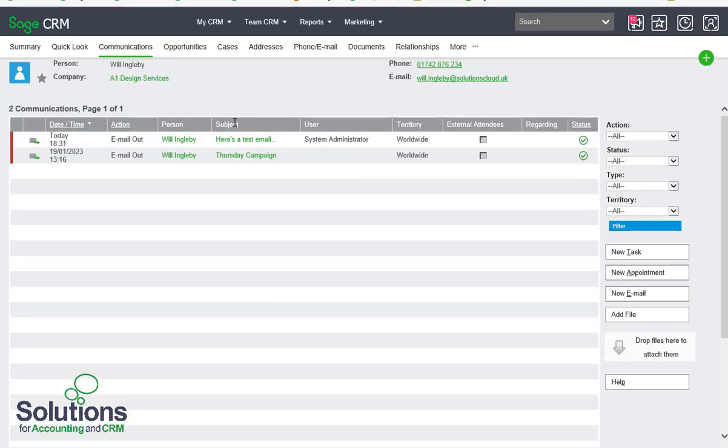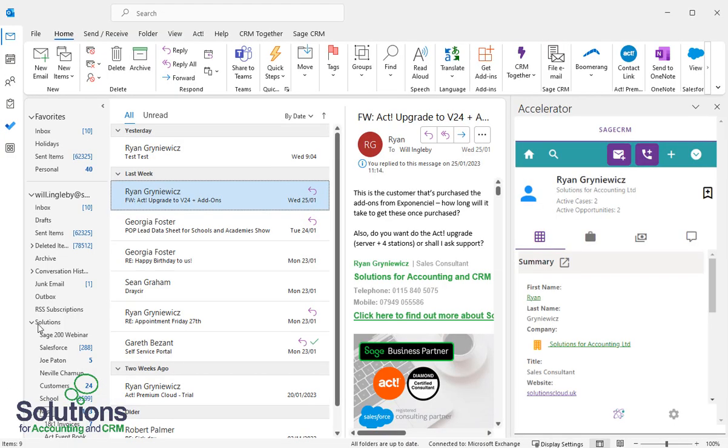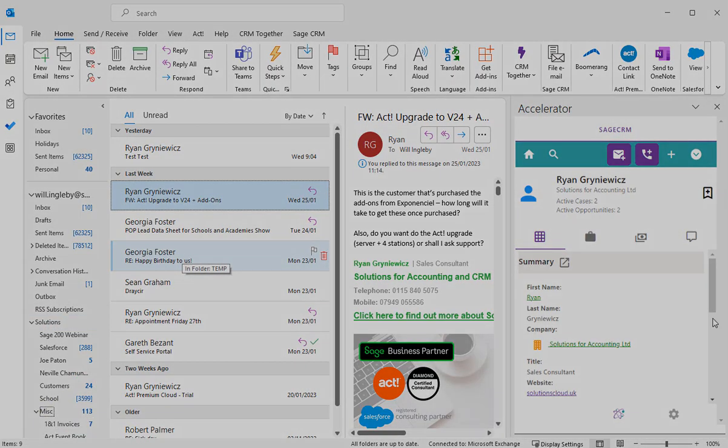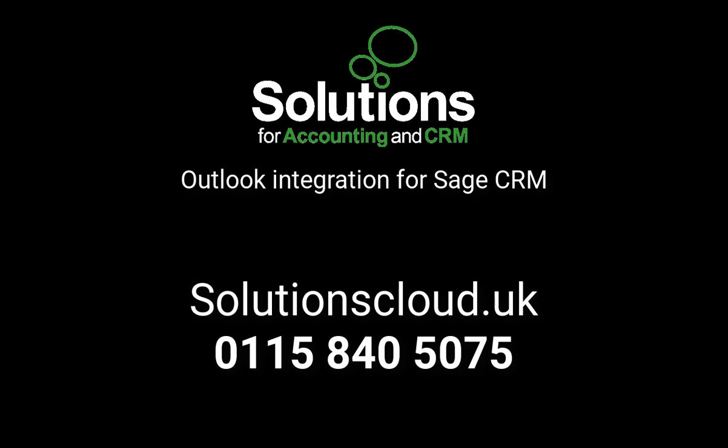So the Accelerator component has suddenly become very important when Sage withdrew the Outlook Lite email filing component that we used to use. But actually, with this rich functionality set, it's a massive leap forward, and we're seeing a lot of interest in the product. It does carry a premium price, but there is also an Accelerator Lite product if you just want simple email filing capabilities without the extended functionality that I demonstrated.